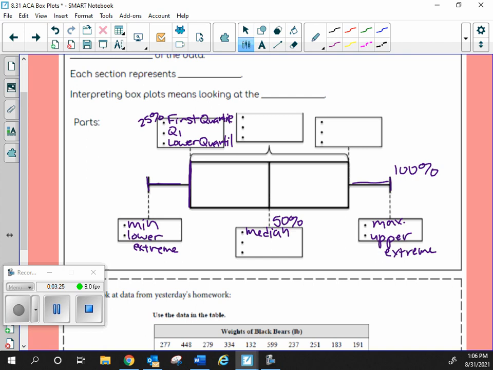Okay, when I go into my second half of data, and then I split that, that was called, what's this one? 75%. Q3, very good catch. So either the third quartile or Q3. Okay, and we would also call that, right there, our upper quartile.